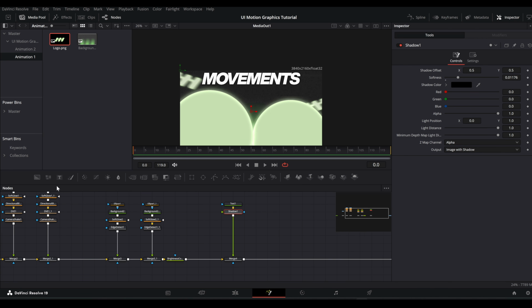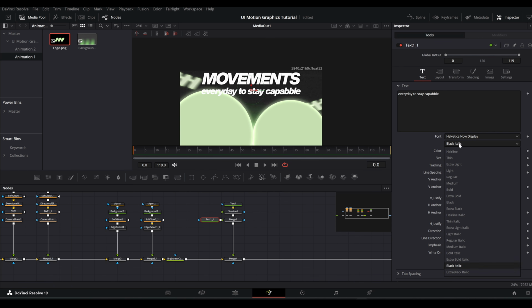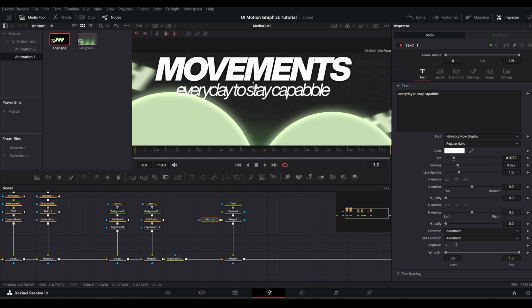And then we're gonna add our second text. So let's just copy this text and merge it here like so and change our text to every day to stay capable. Now let's reduce the size, bring it down here, and let's also reduce the type to light italic or maybe regular italic and reduce the tracking even more. And let's set it right here